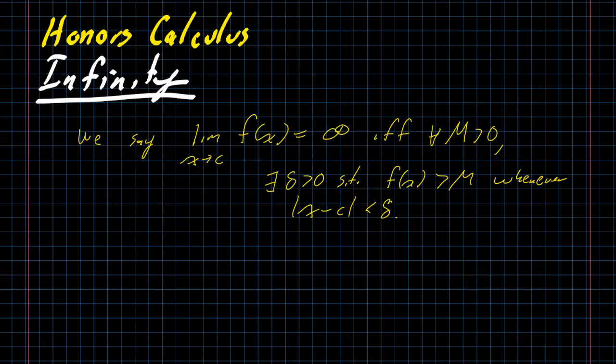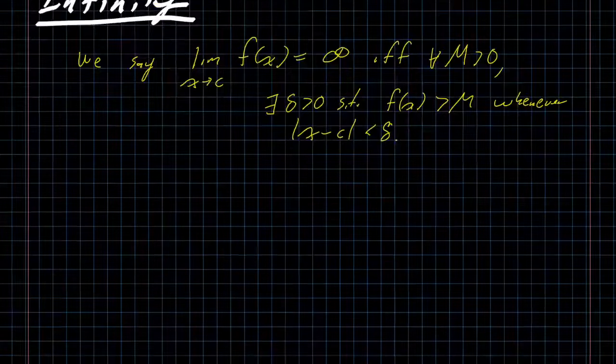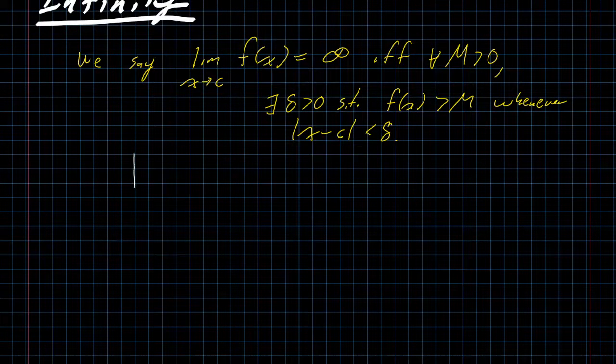We're going to define the limit as x approaches c of f of x is equal to infinity, if and only if, instead of an epsilon, we're going to use a capital M here. For all capital M greater than 0, there exists a delta greater than 0 such that f of x is greater than M whenever |x - c| is less than delta. And to make sense of this epsilon delta definition, which doesn't have an epsilon in it, but still holds to be the same sort of thing, let's take a look at the graph